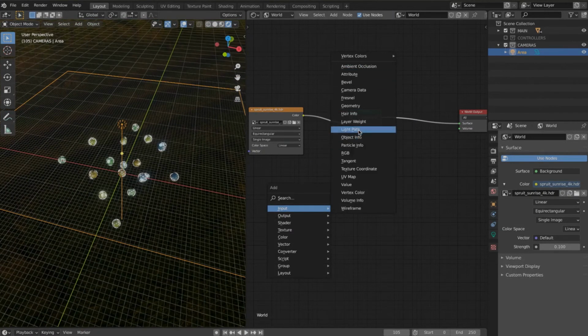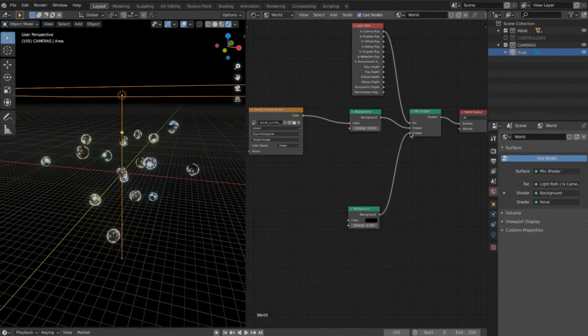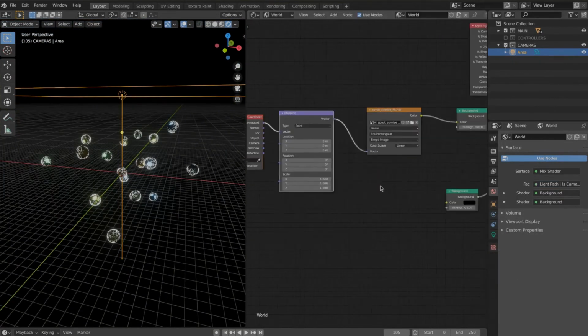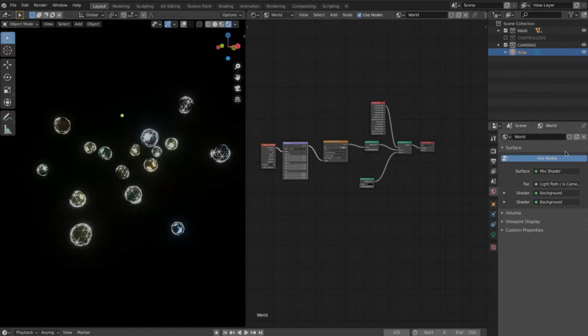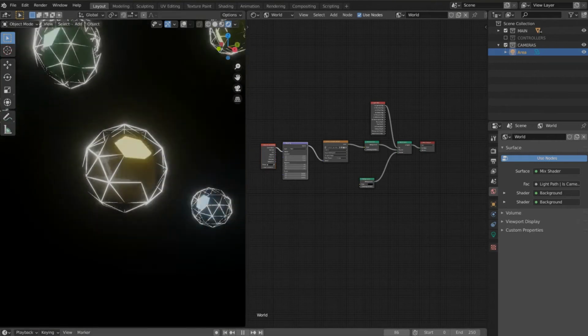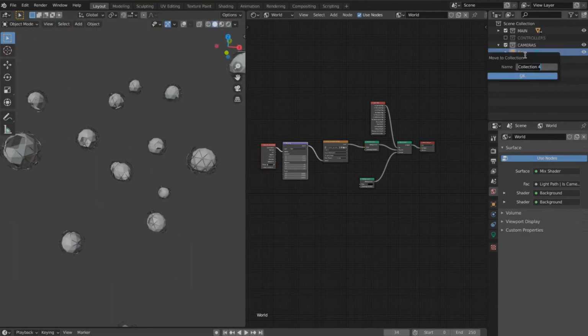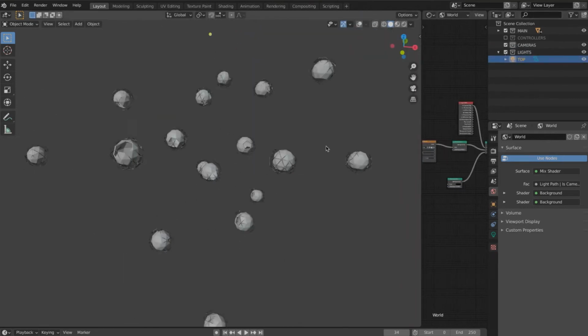Next, you add an HDR map to light your object. I usually put something like a 0.1 strength. If you want to do this setup, the previous tutorial shows you how to use HDR maps. I'm going to put the link at the end of this video so you can use it.